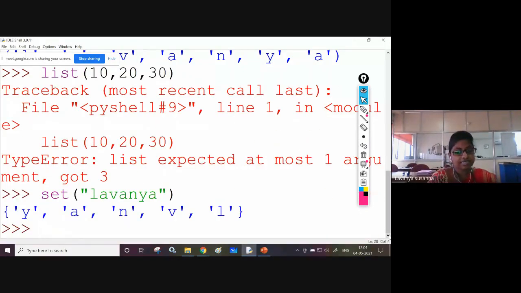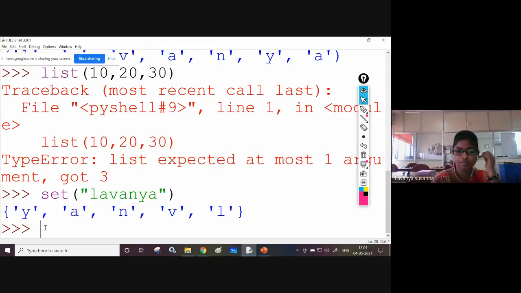You know that set elements are enclosed in open and closed curly braces. Here the set displays an unordered collection: you created L A V A N Y A, but set does not display the order in which you created it. The set function is used to convert whatever you give into a set.